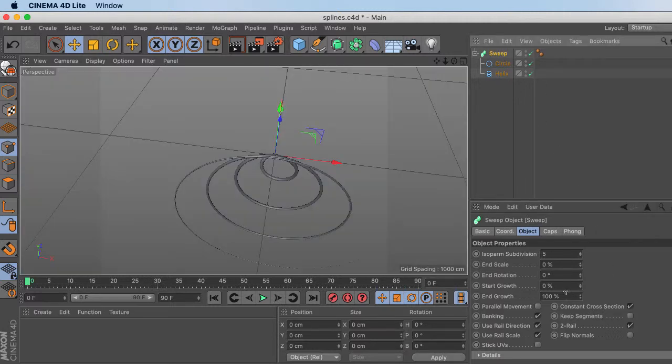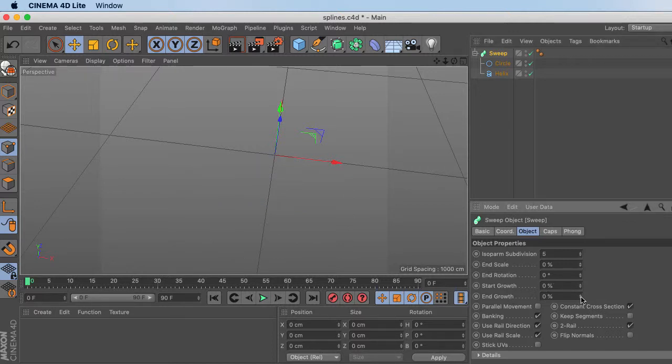And just to kind of show that off, I'm going to set my end growth to 0 so you can actually see it. And yes, we can animate this, but you see how it's running that circle around? Okay, does that make sense? Yeah. Okay. Those are our four main nurbs and just working with splines in general. Did that answer most of your questions? Yeah. And you're good? Okay, let me go ahead and